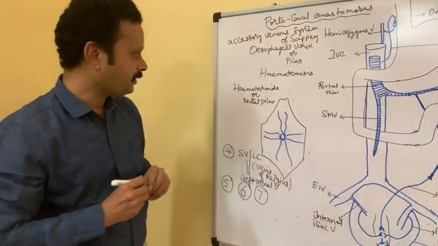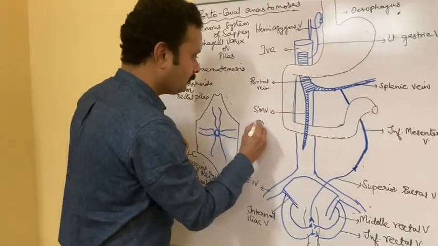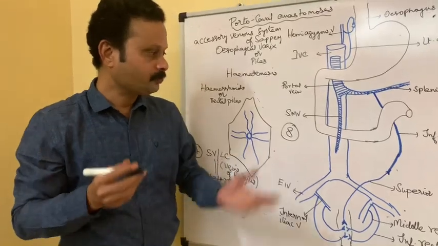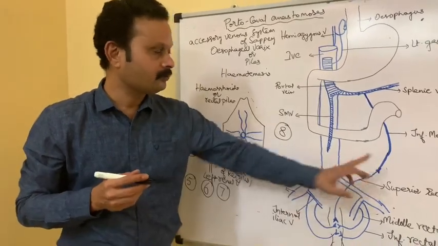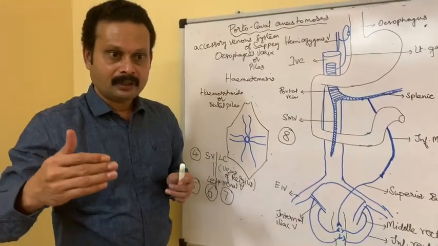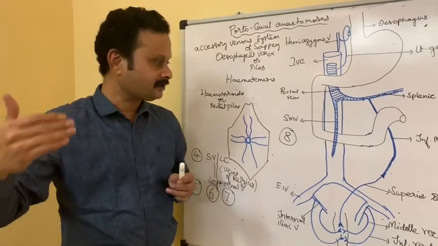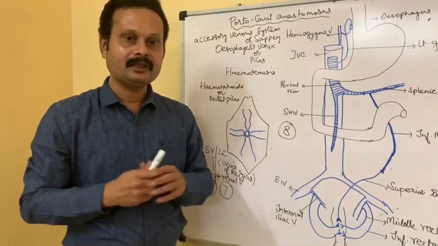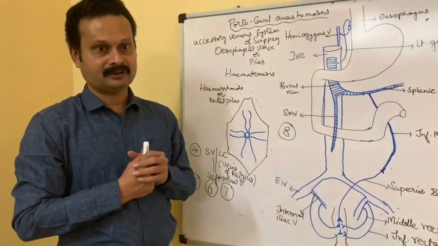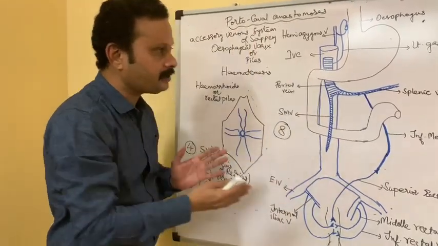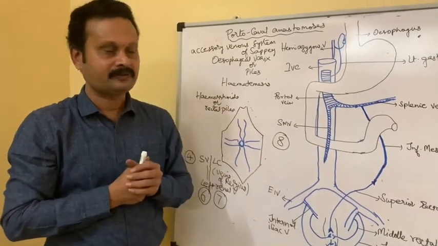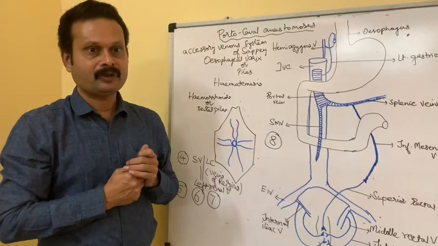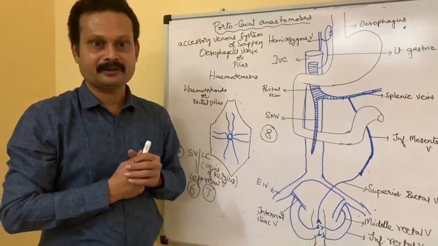And the last one I can say, along the vaginal wall, the superior rectal vein belonging to the portal system anastomoses with the venous plexus of vaginal veins belonging to the caval system. This is also a site of portocaval anastomosis. So these overall 8 portocaval anastomotic sites we know, of which the first 3 are clinically more important and deserve special attention. Thank you.